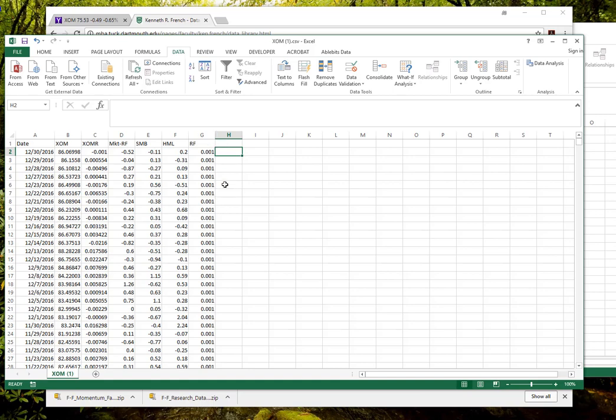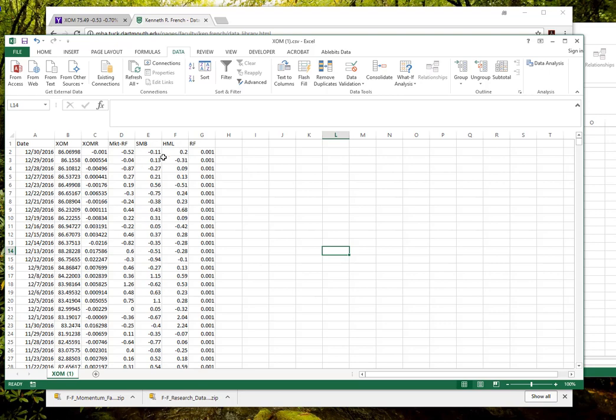So you would have the fourth factor right here. But that's for you to figure out for your project. In this example, all I'm going to give you as an example is the three-factor model. It's your responsibility to do the capital asset pricing model, the three-factor model, and the four-factor model, including momentum, in your project. Okay, so